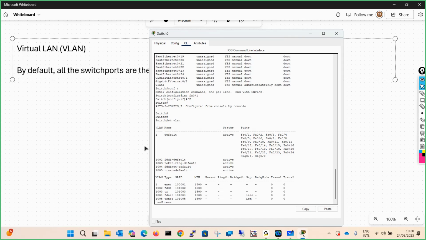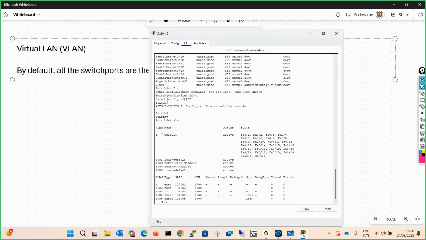Then you will find 1002, 1003, 1004, 1005, which we will understand later. But always remember, by default, all the switch ports are members of VLAN 1.